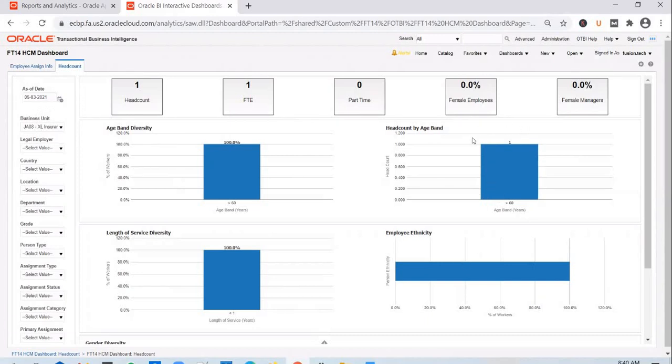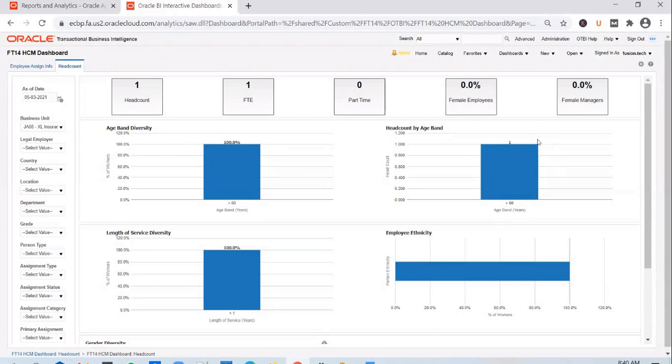Or they might ask you to change the output type of this particular report. Say for example, the first change, they might ask you to default a business unit as, say, construction, so that every time they come into the dashboard page, they don't need to change the business unit. That's quite a frequent change that you come across.